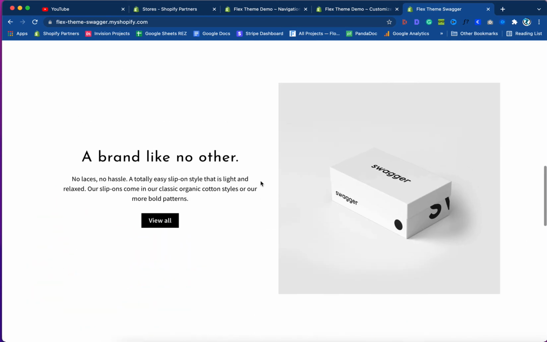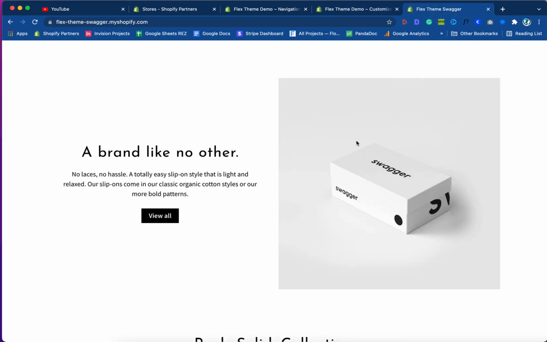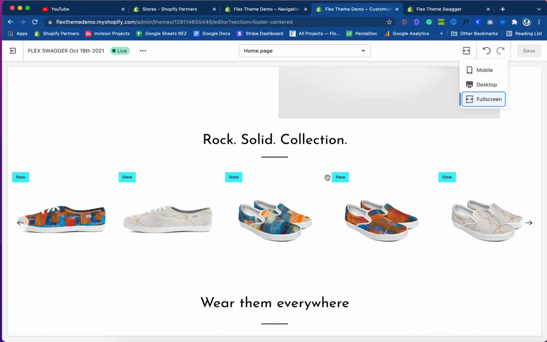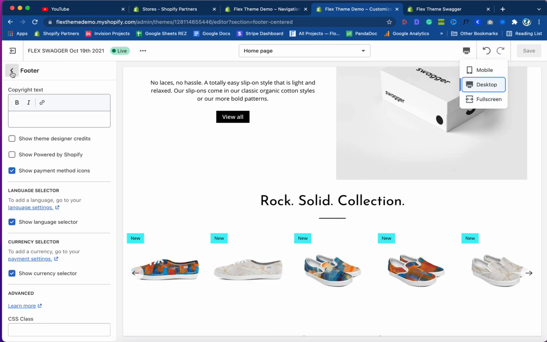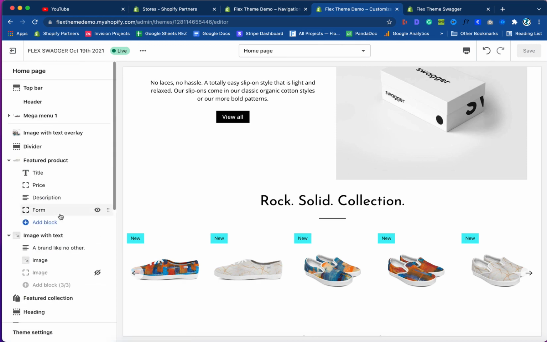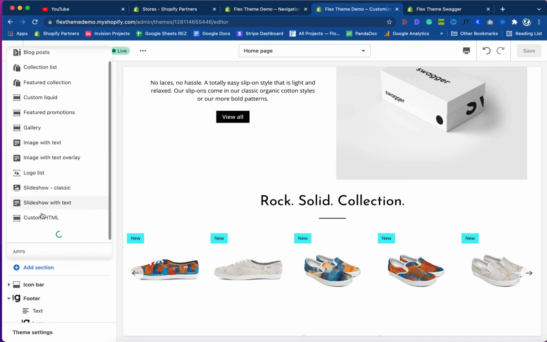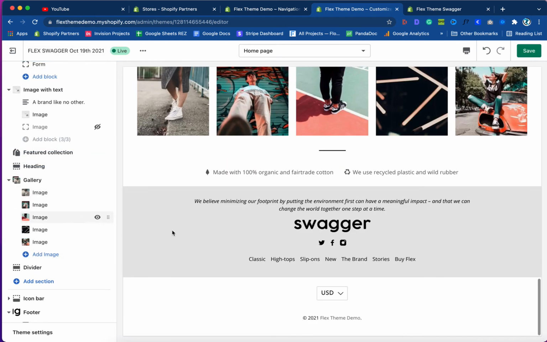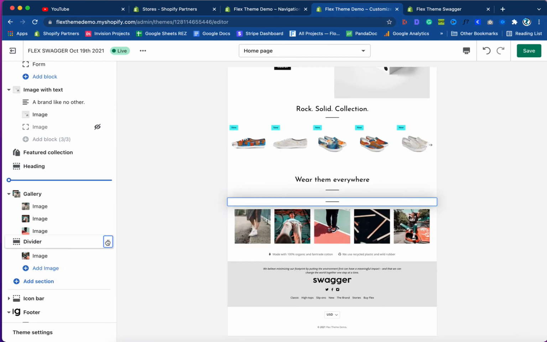Let's see. Yep, everything looks good. The spacing between that and the other. Looks like there's more space going on over here than what I've done. So you could always add a divider, add another divider going on there so that it adds more space. And I've taught you guys how to add a divider, but this is just in case, right? Go right here where it says section and then show more. And what you do is look for divider. And on divider, hover over this and bring this up